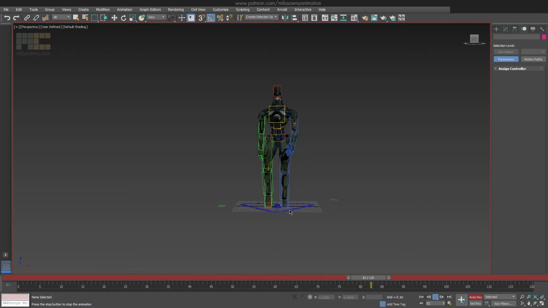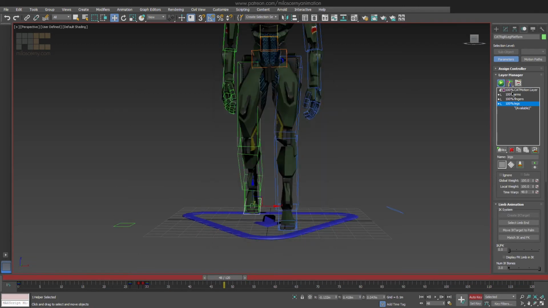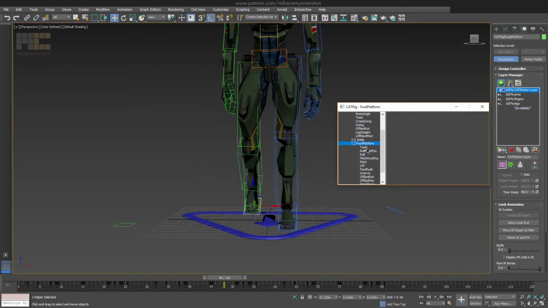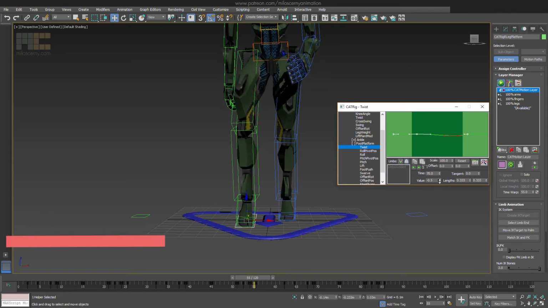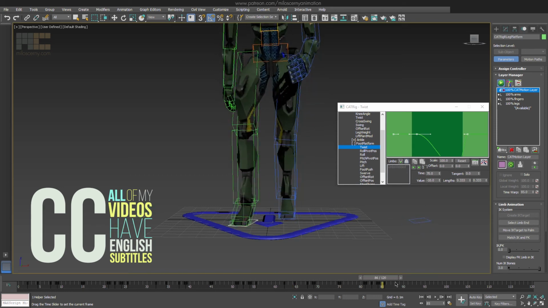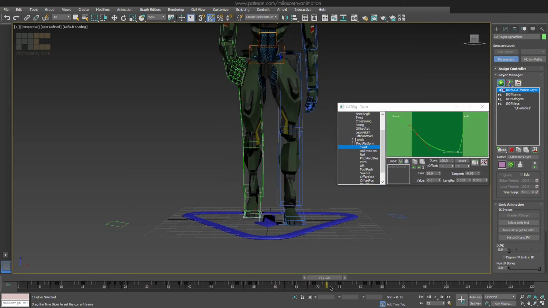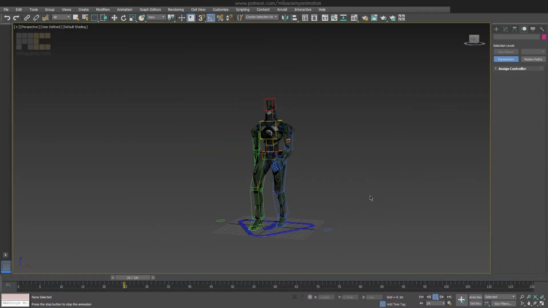What we can also do now is to add twist to the foot platforms, so they rotate a bit outwards as the feet move forward. Something like this. And with this, we are basically done with the animation.